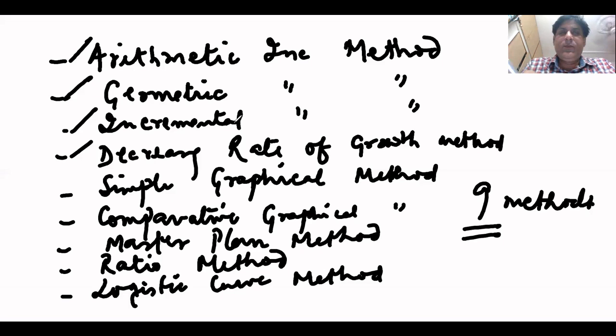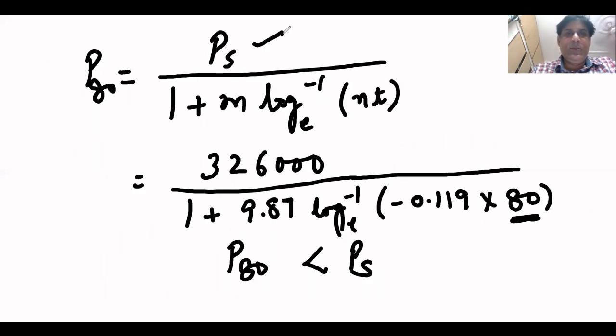Logistic curve method, the approach is very simple. You've got the logistic curve equation, wherein you will need to find out the PS, the saturation population, which is given, the formula for M, the formula for N, and the logistic curve equation. Once you find out the logistic curve equation, you put in the value of just the T. The rest is all known. PS is known, M is known, N is known. Only you put in the value of T and you find out the population after the required slot,